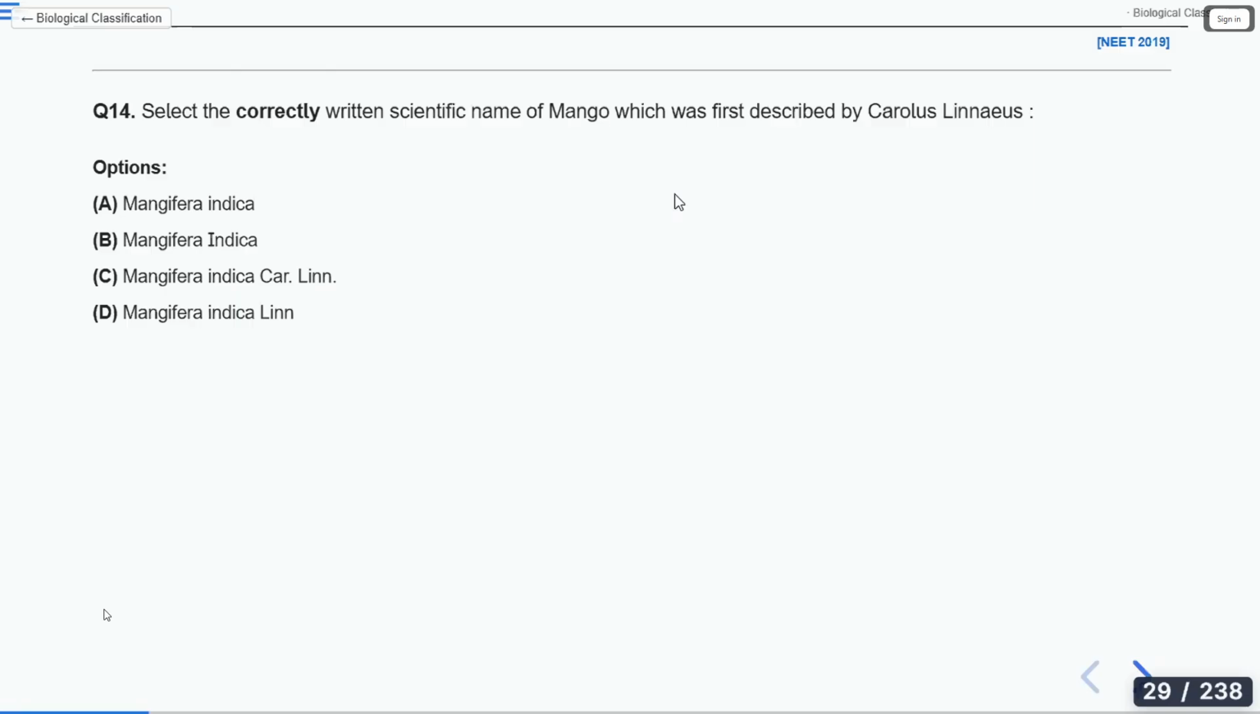Okay. Just tell me how you should write a binomial name. Already we discussed it now, but it's fine. Two words should be there. First one should be the generic name. Second one should be the specific epithet. Generic name should always start with a capital letter. Specific epithet should start with a small letter. Fine. Till this you will be clear. After that,